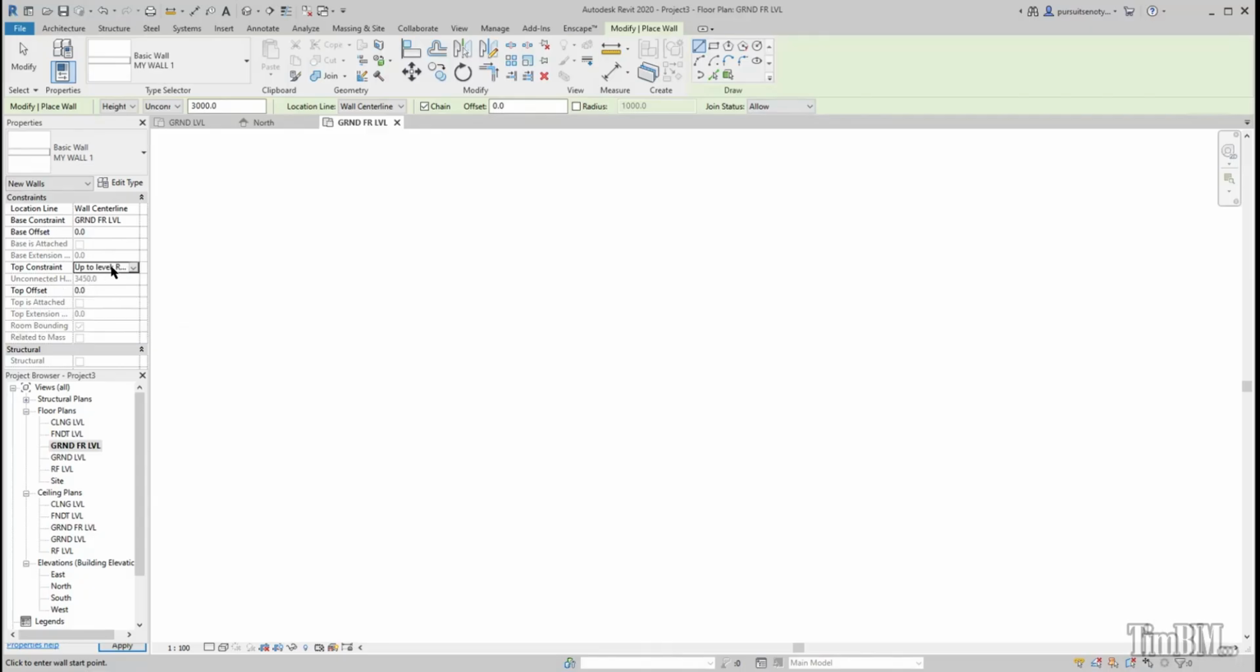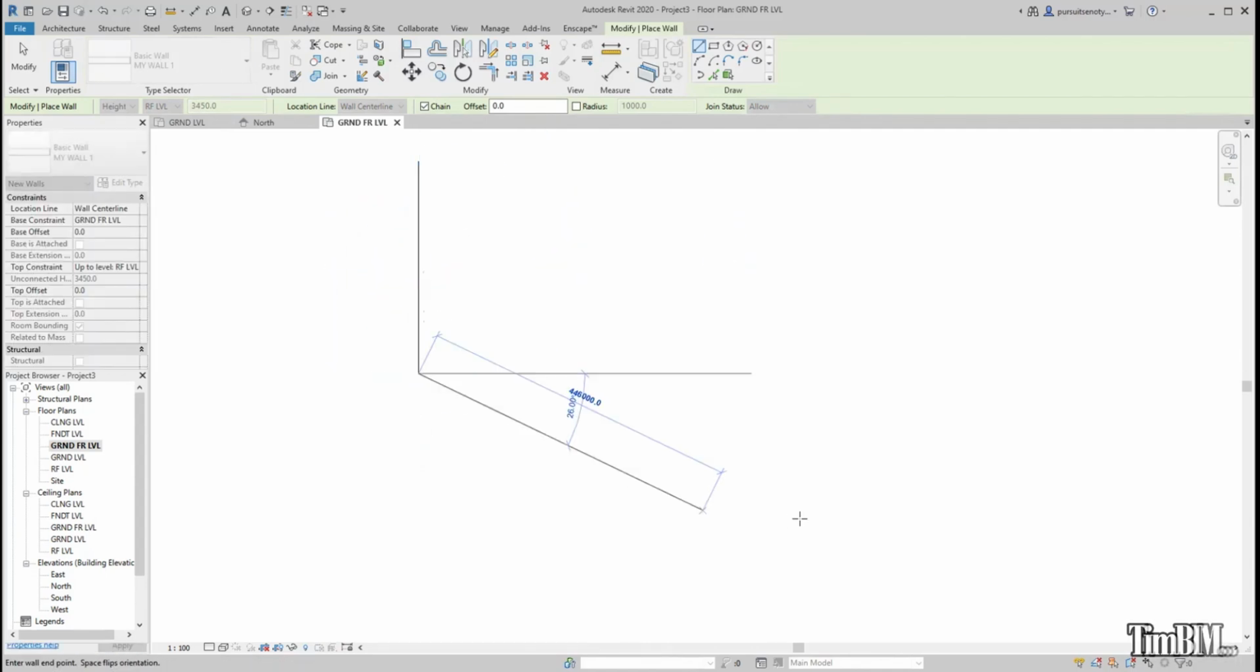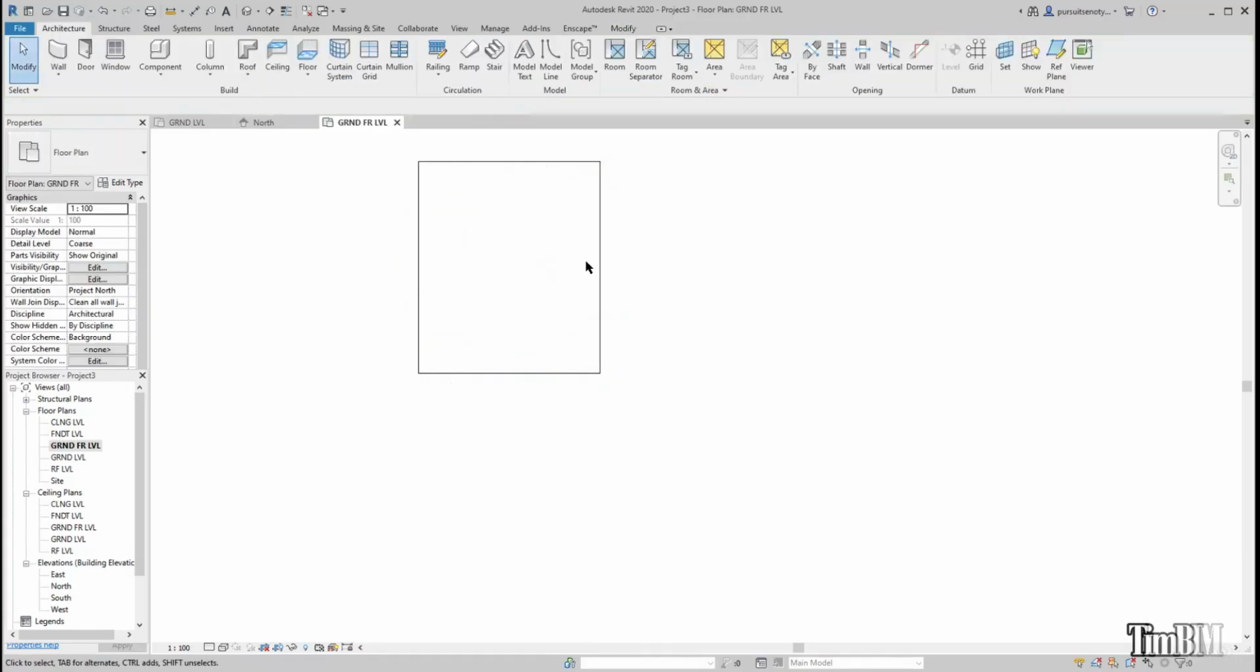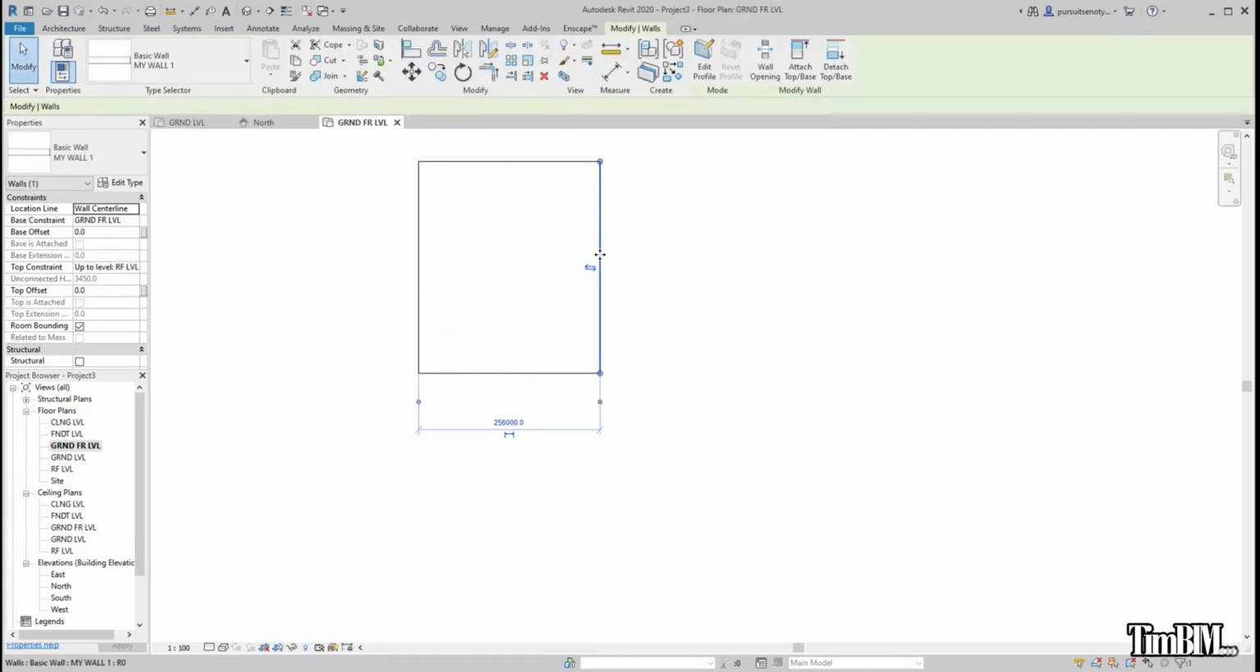If I pick the roof level, you see that it comes to 3450. As you can see, this place also changed to 3450. So I will continue and draw my wall. So let's say we click the wall here, click here, click here, click here. I think it's too big, so